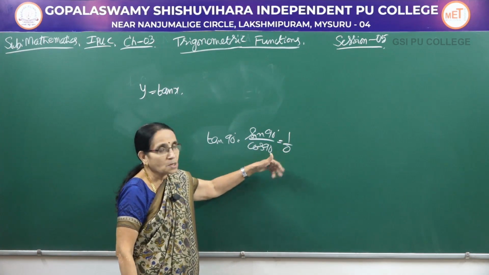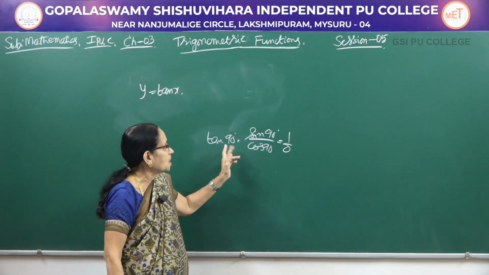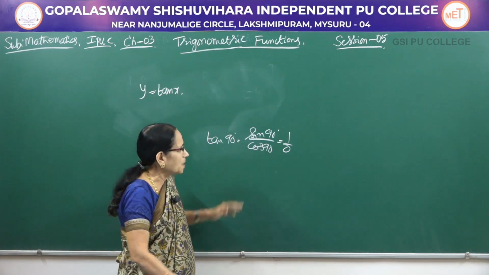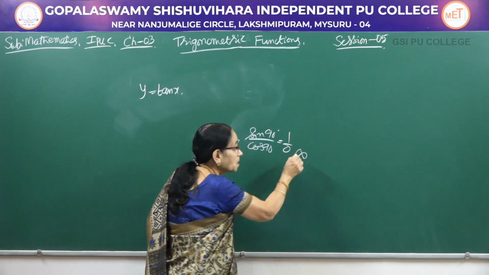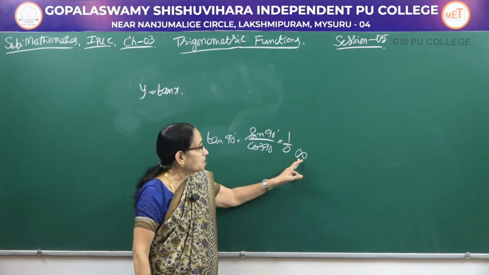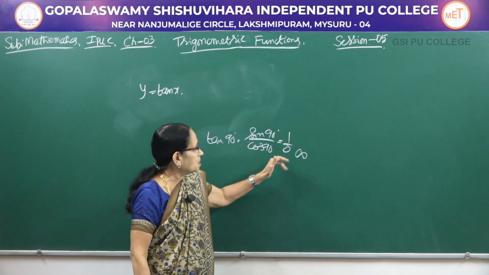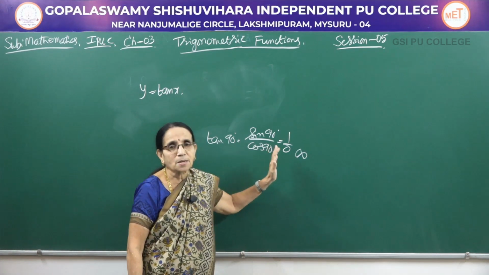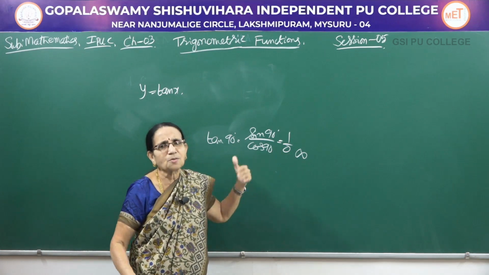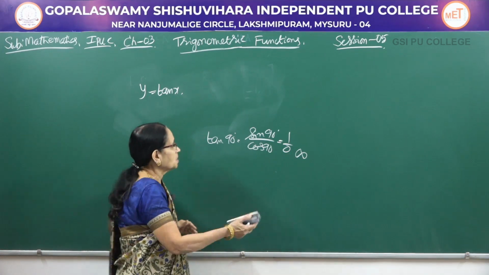So, division by 0 is not defined. Usually, we write tan 90 to be equal to not defined. But for all practical purposes, sometimes we denote it as infinity. I've told this so many times while discussing: here infinity is not a number. Whenever we get division by 0, it is not defined, so we just denote it as infinity. It's a huge number. That is the meaning of this.